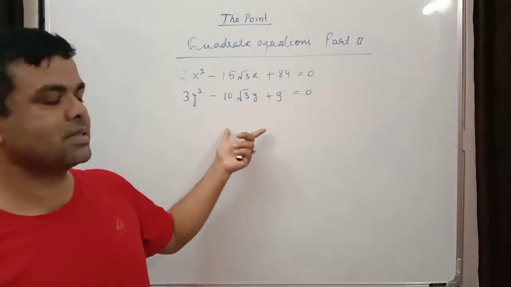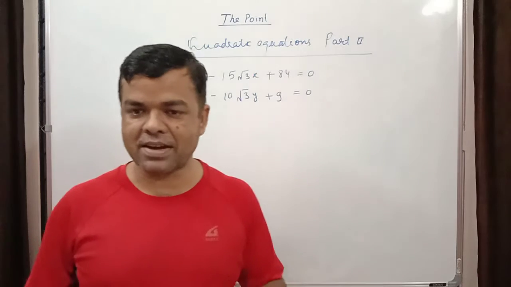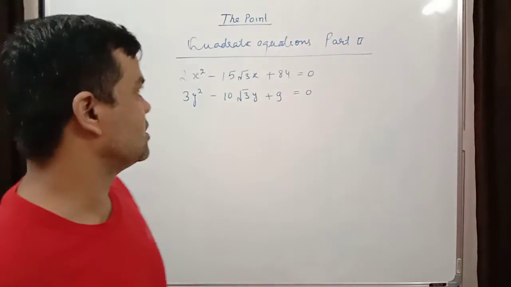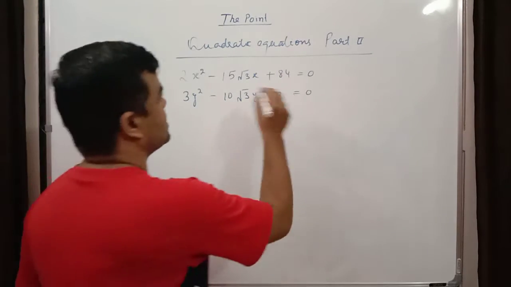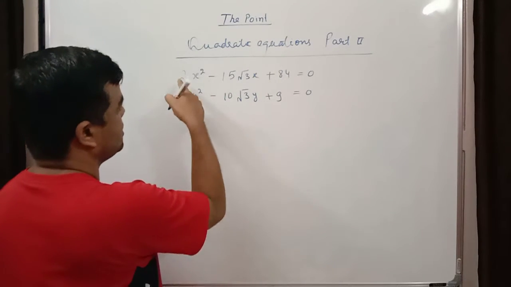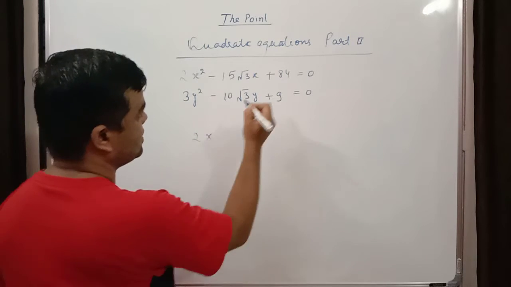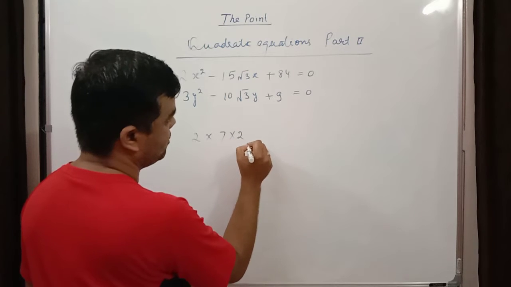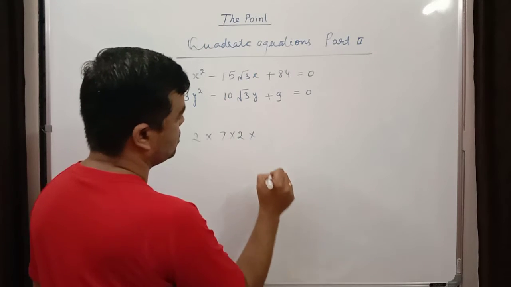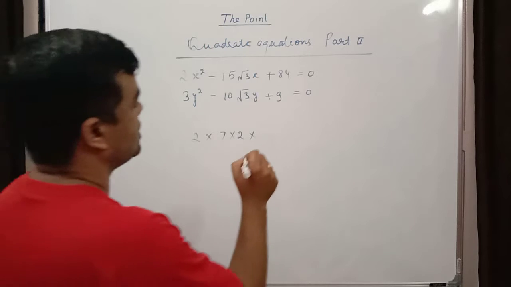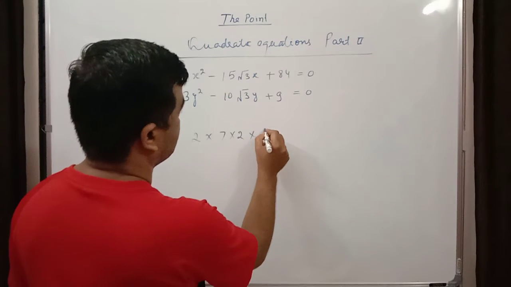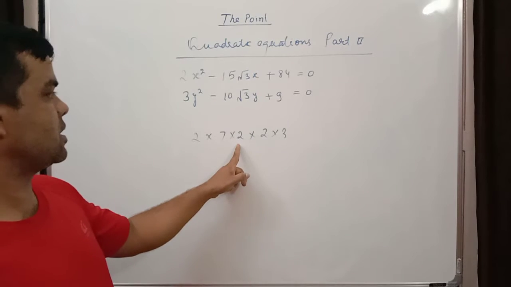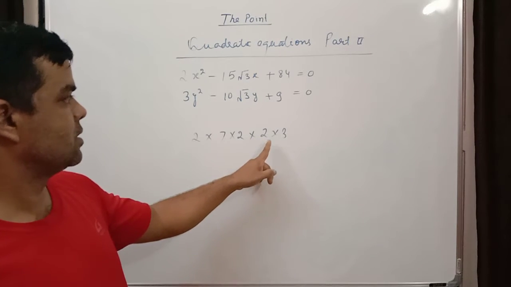At the class level maths you have already done it. Even if you have forgotten it, I will tell you both methods, the short trick method and the basic method. So first take the basic method. This is equation 1. Do the factorization of 84: 7 2s are 14, 2 7s are 14, 2 3s are 84. Okay, now see, 7 2s are 14, 2 14s are 28, 3 28s are 84.